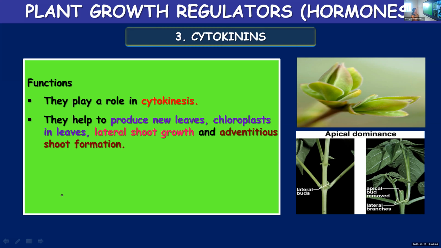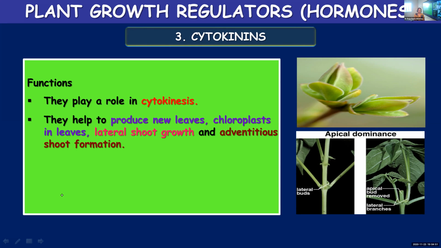They help in producing new leaves, chloroplast in leaves, lateral shoot growth. So the lateral shoot growth is also promoted, and adventitious shoot formation. So adventitious roots and shoots are produced from some other regions other than the usual part. Sometimes in case of roots, roots can be produced from parts other than the normal location. So then you call it adventitious roots. Roots produced from some other parts, like